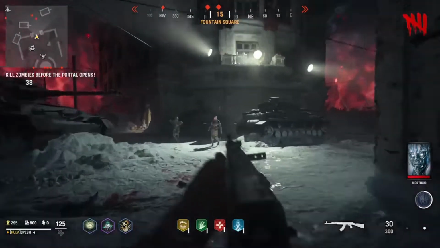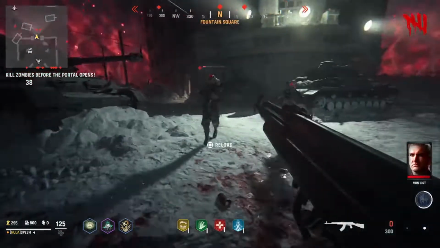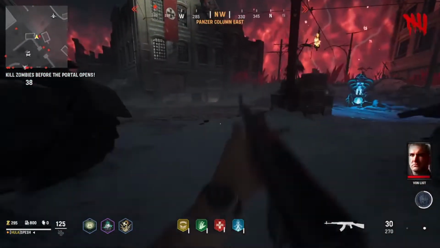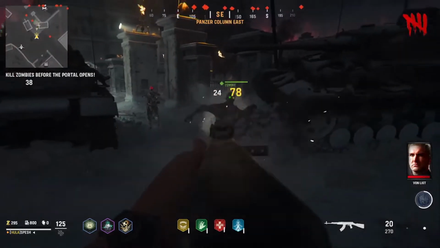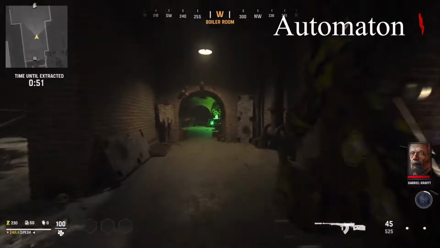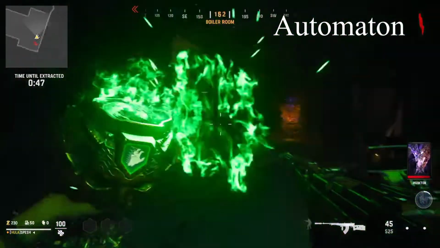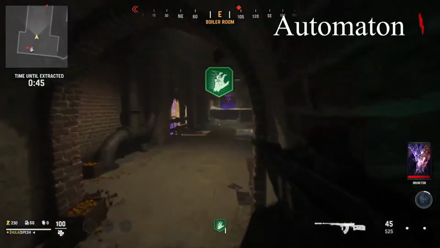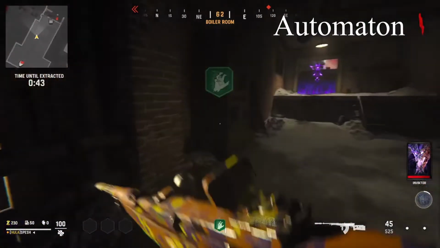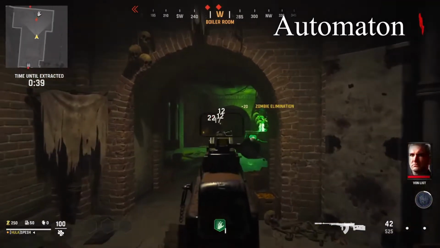Finally, we are looking at the assault rifles, and in the assault rifle class, I am stuck between the Automaton and the AS-44. I think once it's all said and done, I'm gonna be going with the Automaton, and again, everybody knows the Automaton is absolutely amazing right now in multiplayer, but it seems to be getting shown up by the STG. In terms of handling, the Automaton just feels like an absolute laser beam inside of zombies, and I